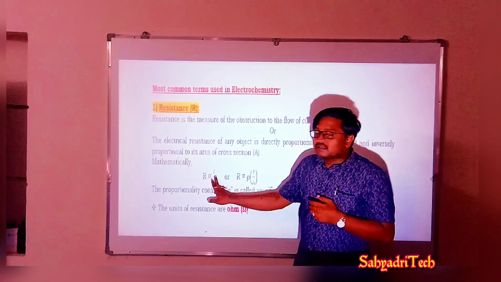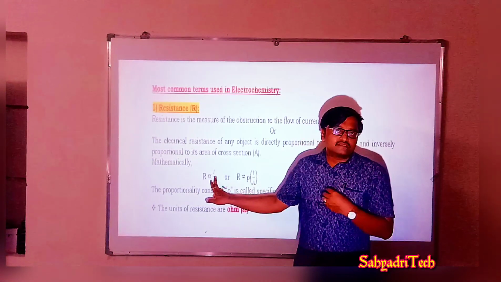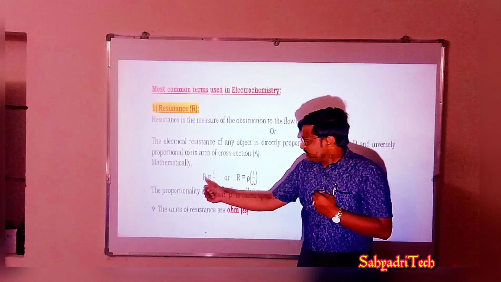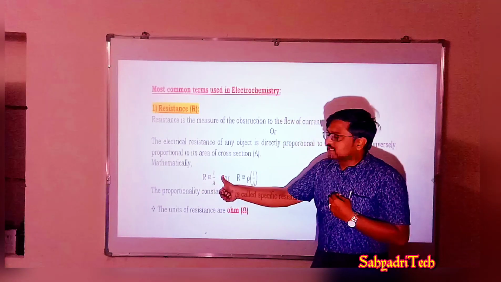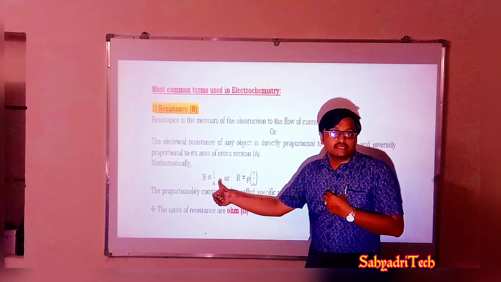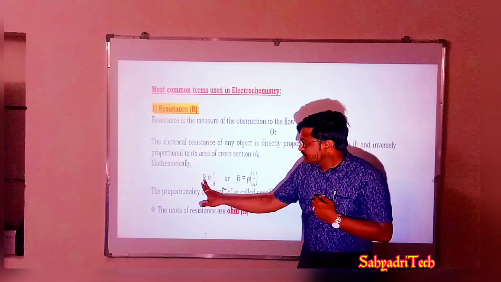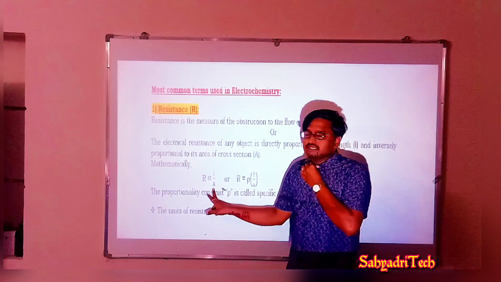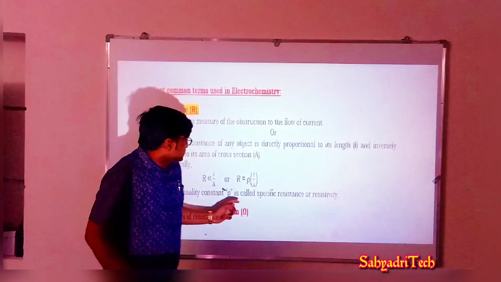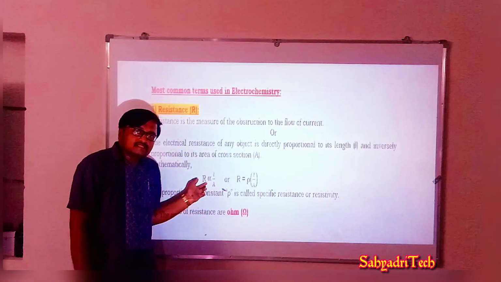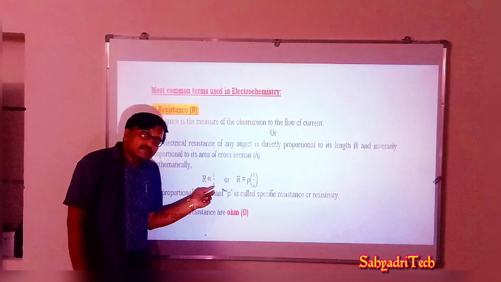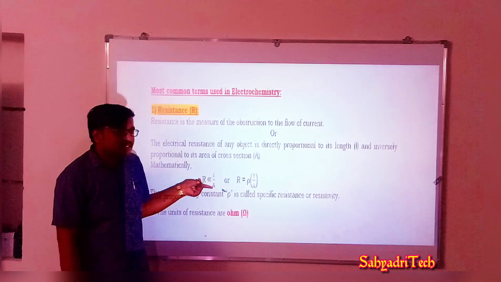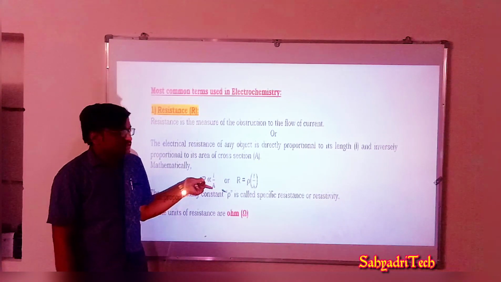So this analogy can be applied while dealing with some objective type questions. So here resistance and length both are directly proportional. On the other hand, when you look at the relation between area of cross section, it is inversely proportional, which means greater the area of cross section, lesser is the resistance, or lesser the area of cross section, more is the resistance. So both are inversely proportional.